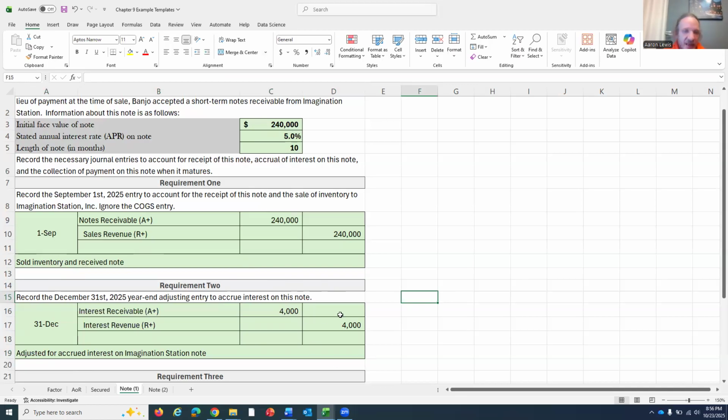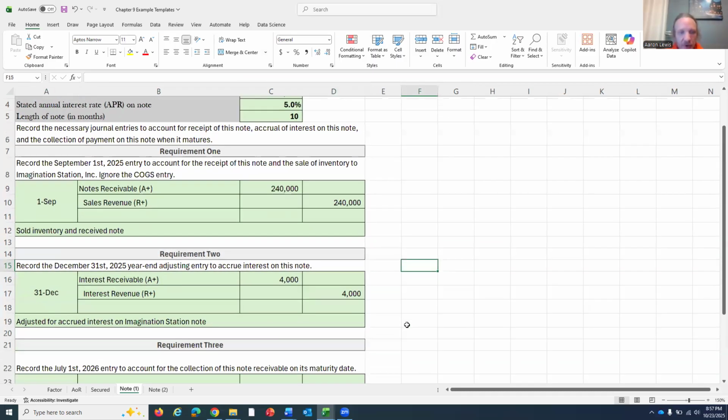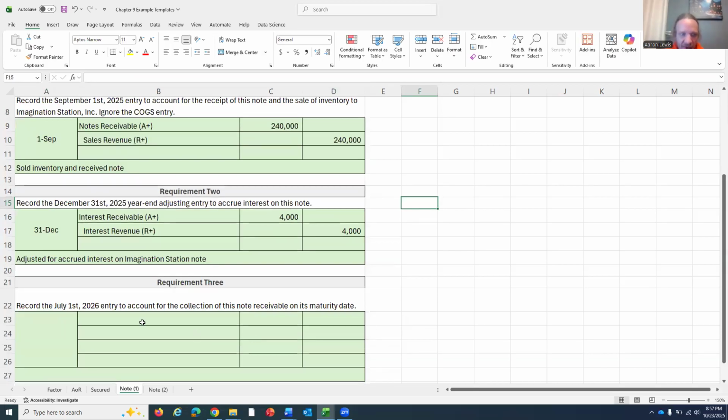So we are GAAP compliant by using accrual accounting to put that interest on the books in the time frame that it accumulated on the note. Well, we still got to get paid on this note, and we're going to get paid on July 1st, 2026, which is exactly 10 months from the day that they took it out originally. So on July 1st of the following year, we're finally getting paid